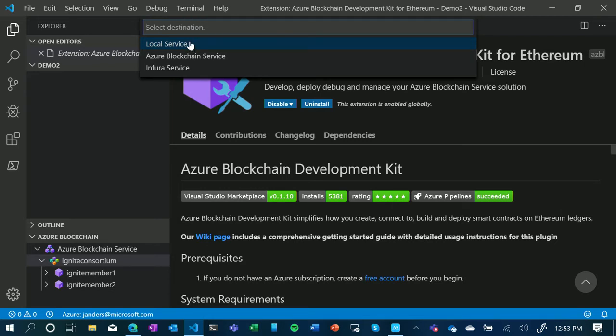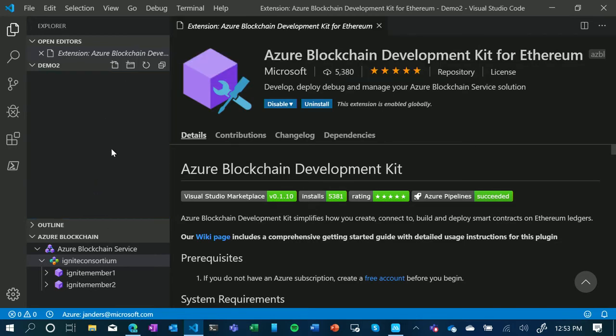So if I don't want to deploy the service, if I'm playing around, which is what most of you are doing, and don't want to pay for an Azure resource, we'll install a local environment for you. Actually, it's already installed. Hook it up and enable it. So you do local service, it'll do it that way. We have partners we work with like Infura, so I can use an Infura service if I want. I can also deploy it to testnet and mainnet if I want to. But I'm already connected, so we'll skip that. But what I'm going to do now, in fact, what I should do first, let me show you what we're going to build.